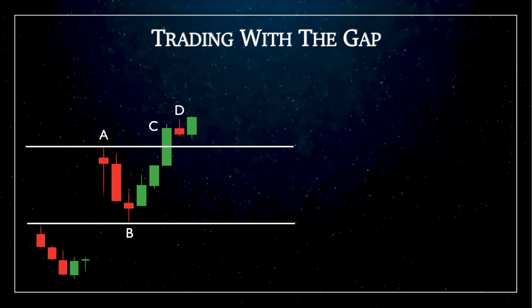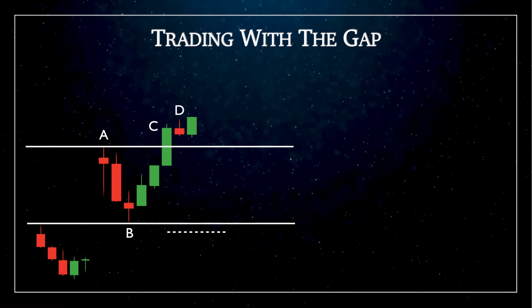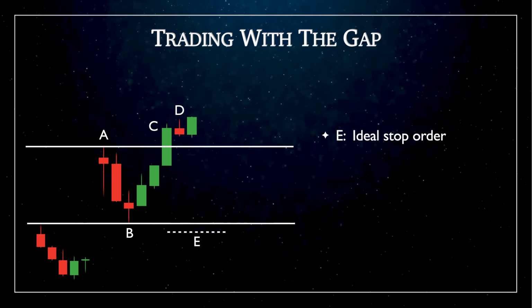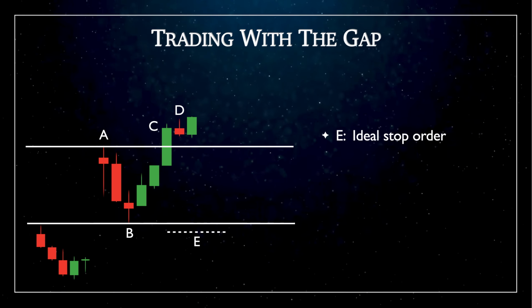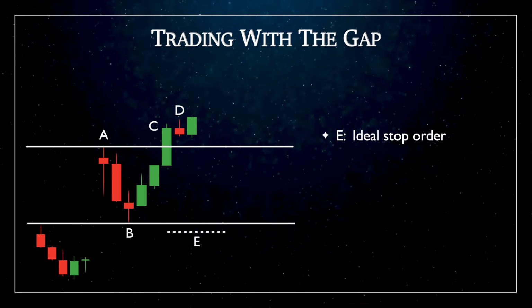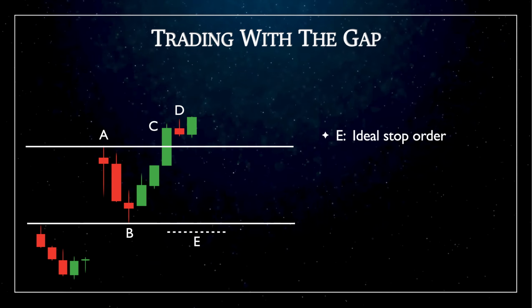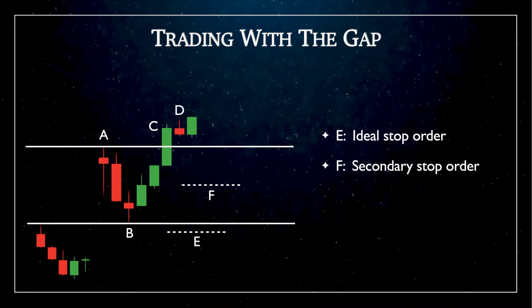The proper stop order for the trade should be below the lower horizontal line. This is a level far enough away from the buying point to not get triggered due to sudden volatility. If you find this level too far away and fear a loss beyond your comfort level in case the stop order gets hit, you can place a stop order in the middle of the range.